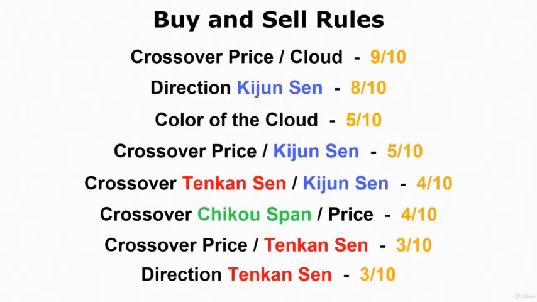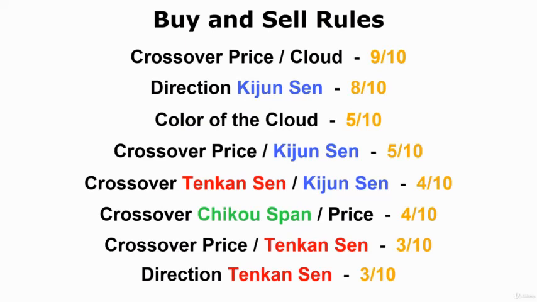Here we have all the methods and concepts that I have expressed in the course. We have the crossover between the price and the cloud with an importance grade of 9 out of 10, the direction of the Kijun-sen, the blue line, with an importance grade of 8 out of 10, the color of the cloud with 5 out of 10, the crossover between the price and the Kijun-sen, the blue line, with an importance grade of 5 out of 10, the crossover between the Tenkan-sen and the Kijun-sen, the red and the blue line,